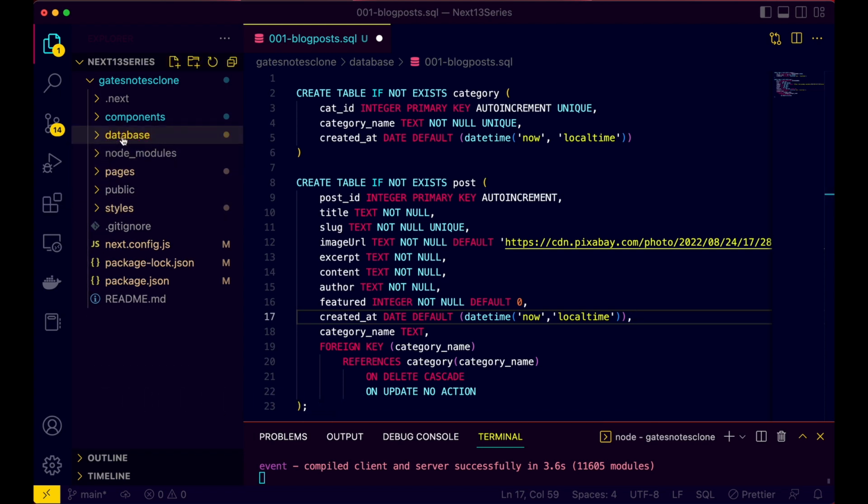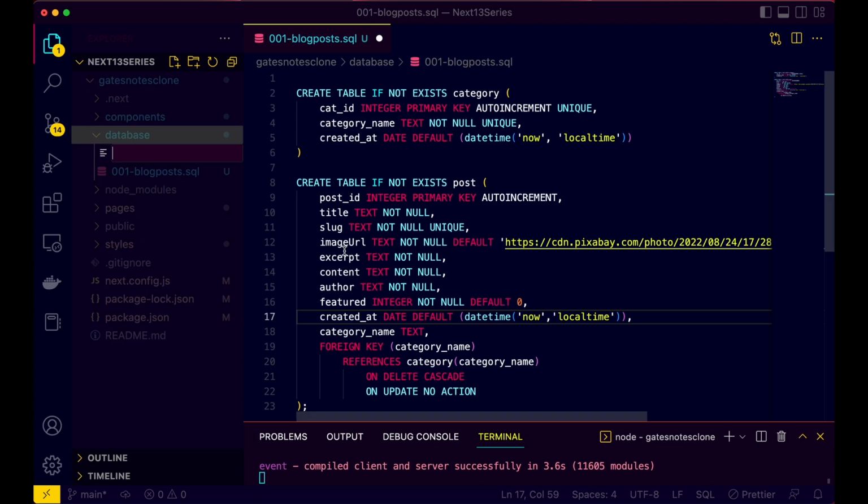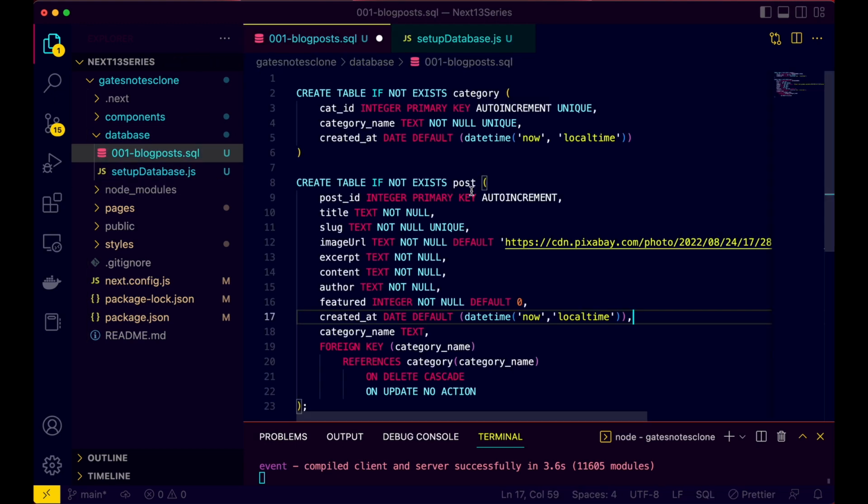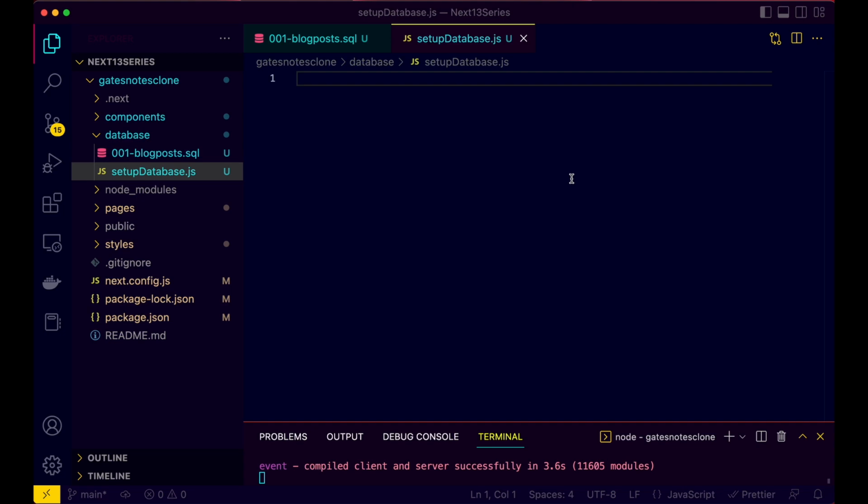So here inside the database, we'll create one more file, and I'll call this setup database.js, like that. You can call this anything you want, it doesn't matter, but later on we need this name, so remember to use a name which really explains what it does. So here we have to save this, of course, and then to create that database we need